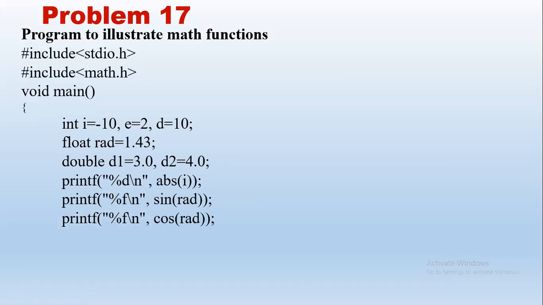Next function we have is the cosine function. We can include any number of trigonometric functions here; we have limited it to a few only. So find the cos value of 1.43 and print it. We may include tan, cot, any of the trigonometric functions. Next we have the exponent of E. E is taken as 2, so this gives us the exponent value of 2. Here it returns a floating point value.